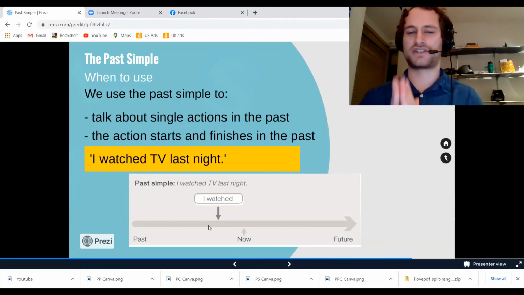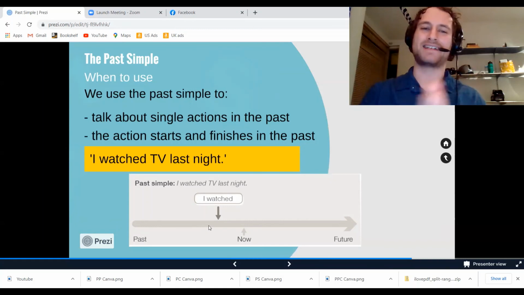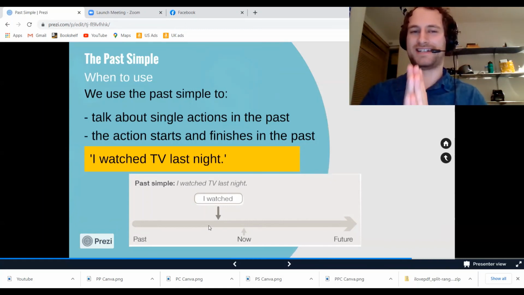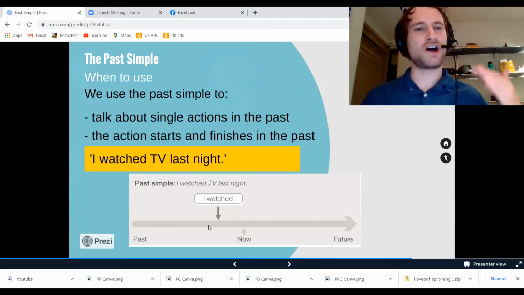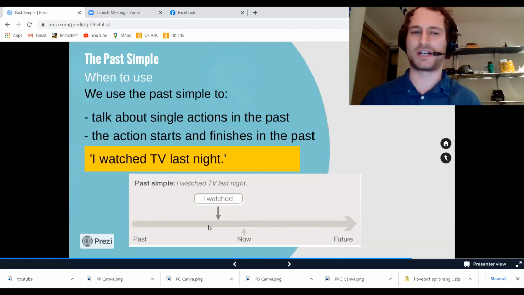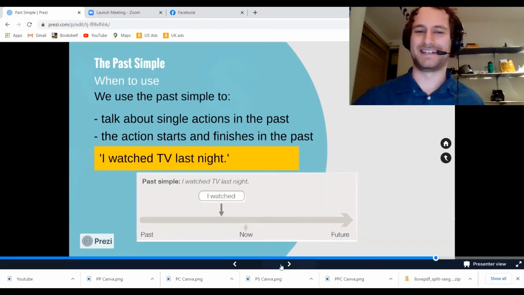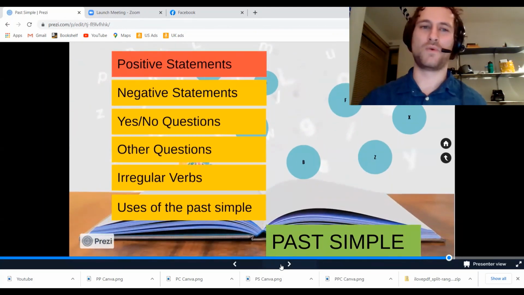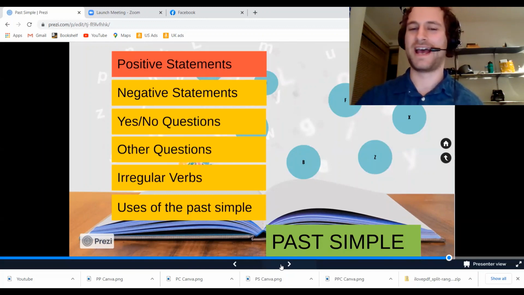So all these are just talking about actions in the past that are also completed in the past, not happening right now. So that is when to use the past simple, talking about single actions in the past and talking about actions that start and finish in the past, such as I watched TV last night. All right, we've gone through positive statements, negative statements, yes/no questions, other questions, irregular verbs, and the uses of